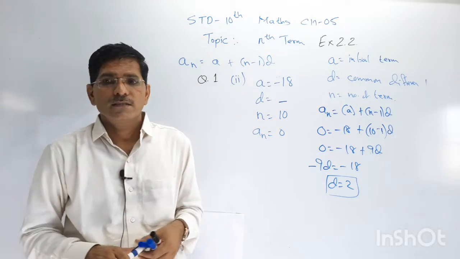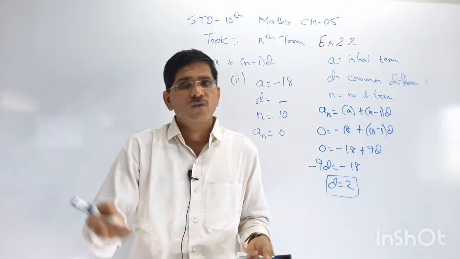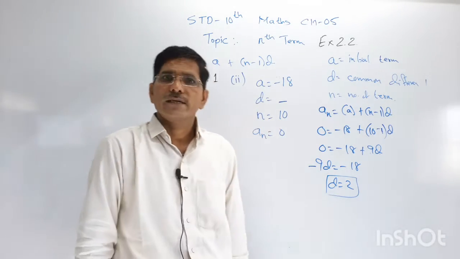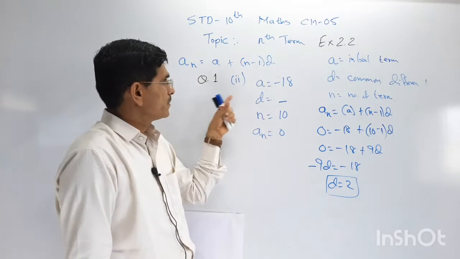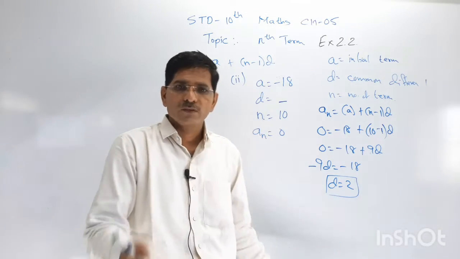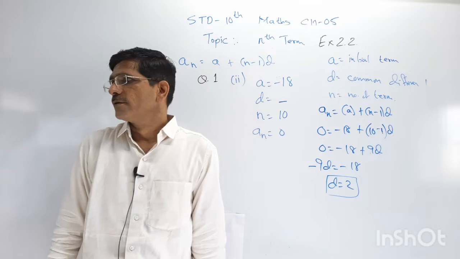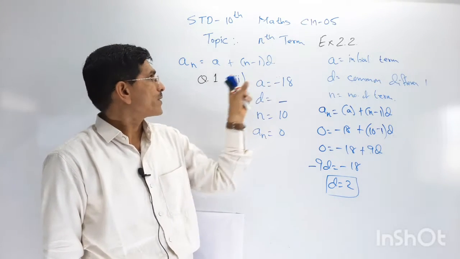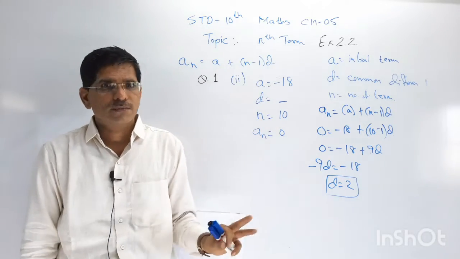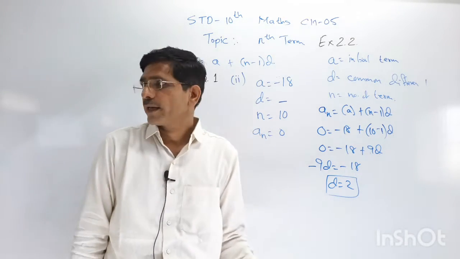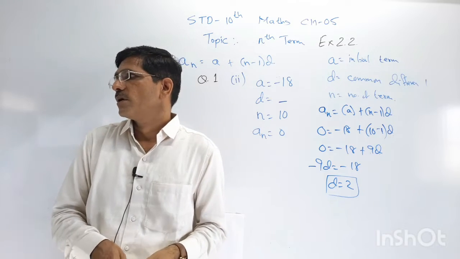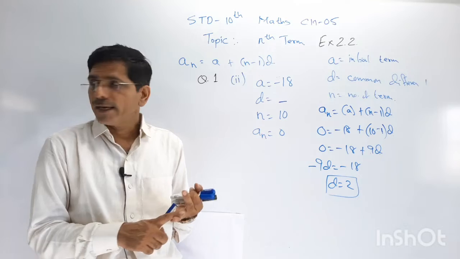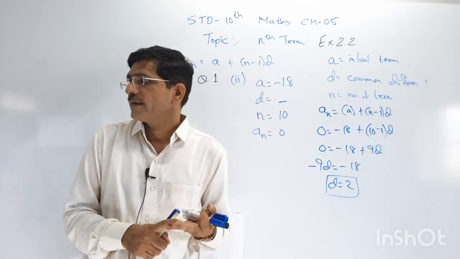So that was me doing something wrong. If we write the wrong values, then we cannot get the correct answer. In question number 2 I took a wrong value, that is why I have to do this sum again. There are 5 sums. Out of 5, 2 sums I have completed. In the first sum we had to find out A, in the second sum we had to find out D.